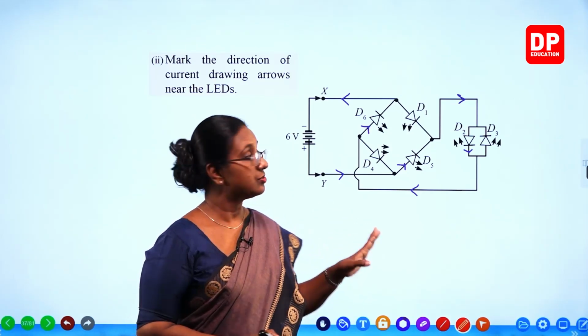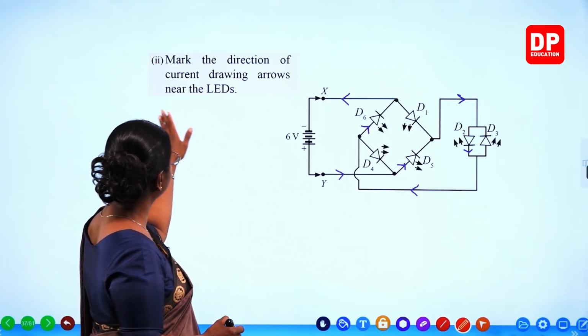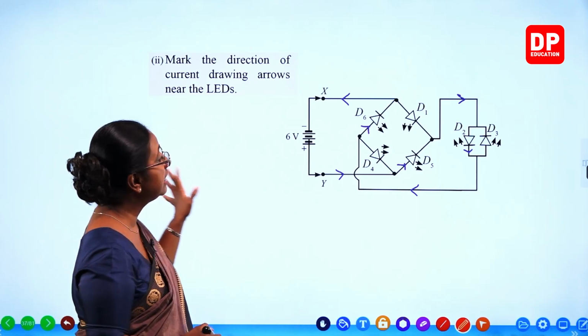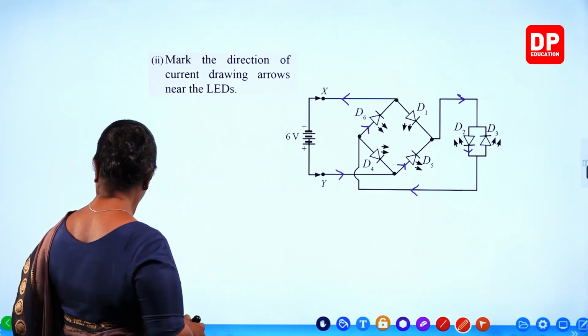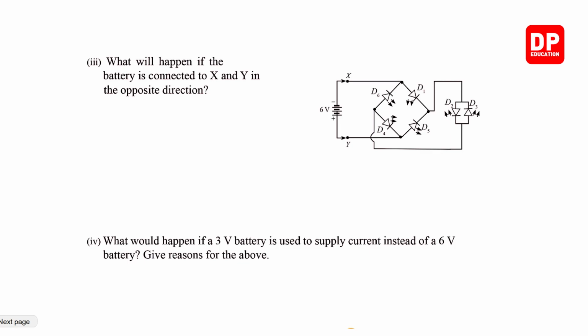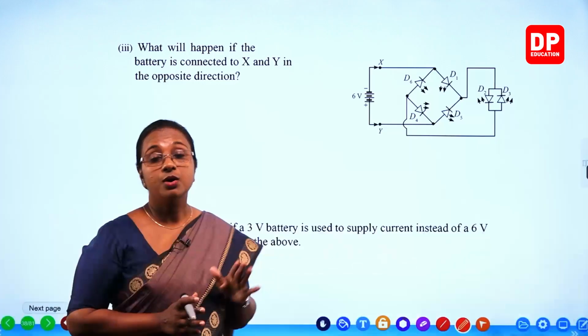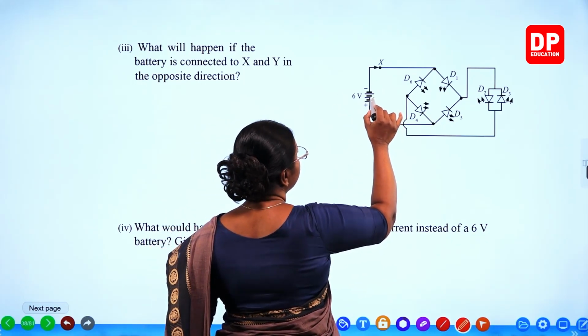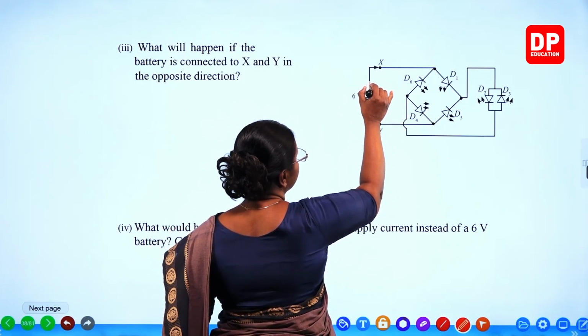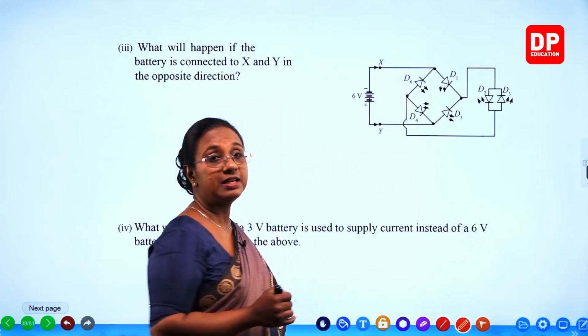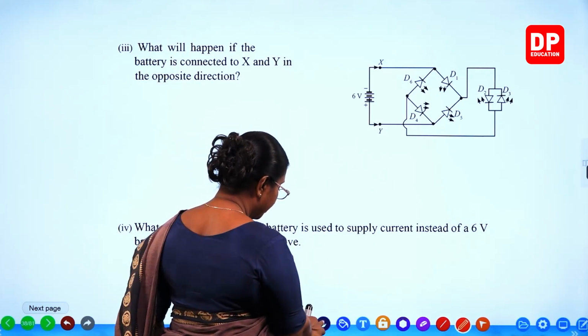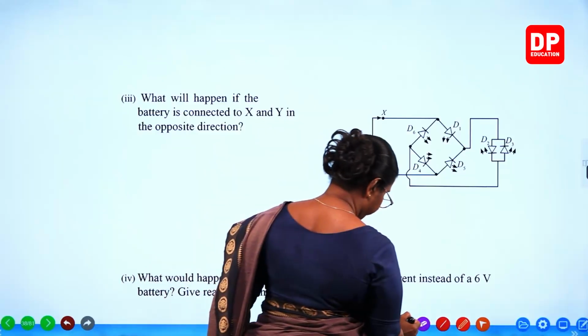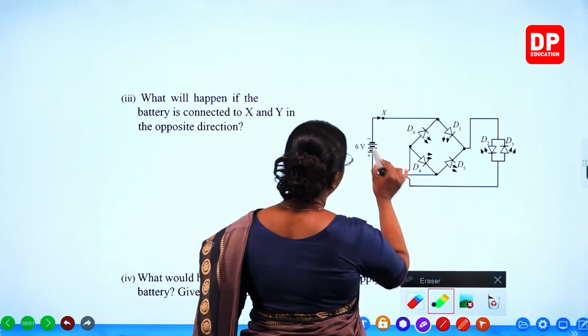Is that clear, students? So we have answered this question. Mark the direction of current drawing arrows near the LEDs. Then the next part, third part of the question. What will happen if the battery is connected to X and Y in the opposite direction? What will happen then? Instead of this connection, if we had the positive terminal near X and negative terminal near Y. So what I will do is I will erase this and there I will show you all how we